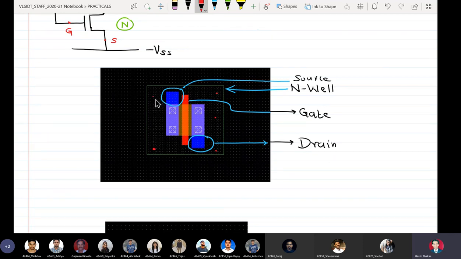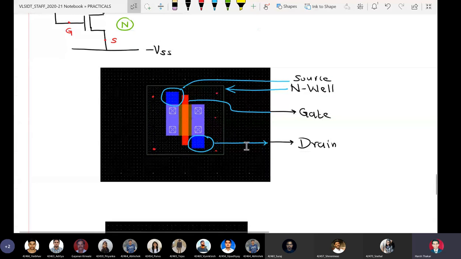That is why when I say polarize the N well or connect the N well to VDD, you have to actually put a VDD anywhere here. But you cannot put it here. You can never put VDD here. So you cannot put VDD inside the device. You have to put it outside the device but inside the well. Okay, now it is very clear.